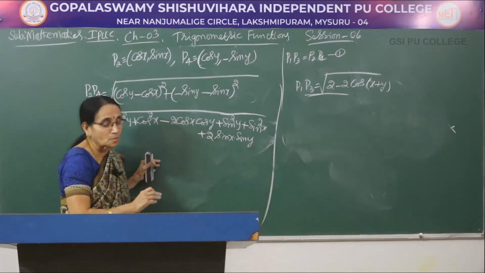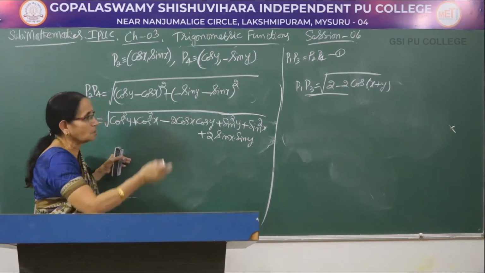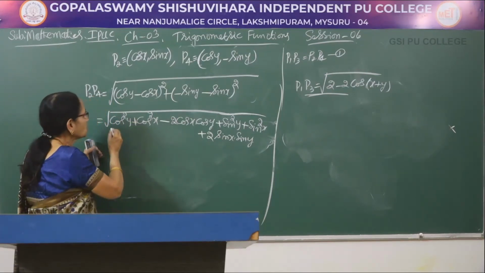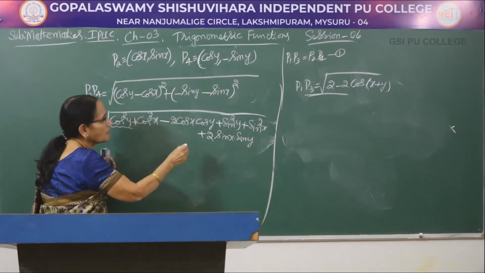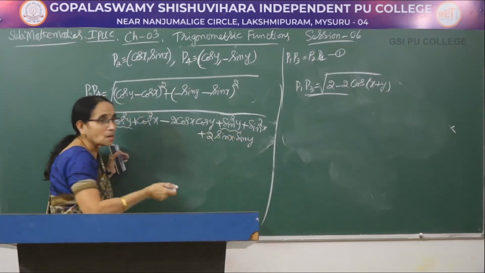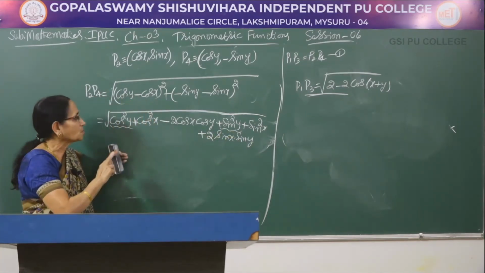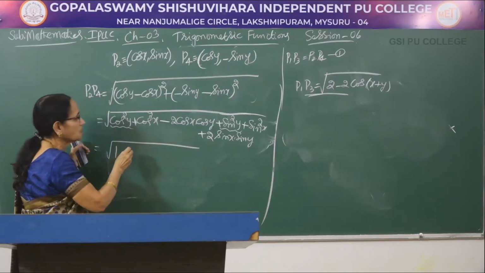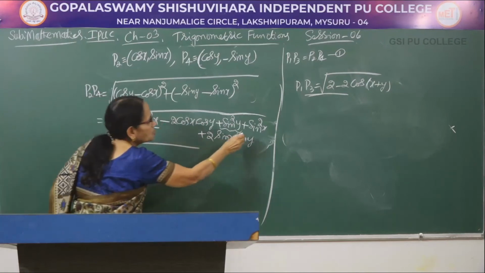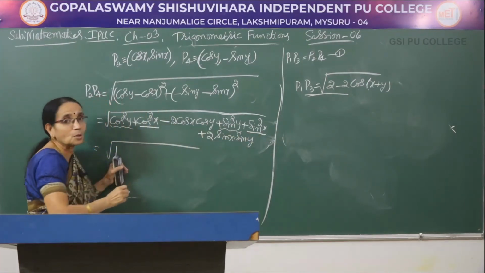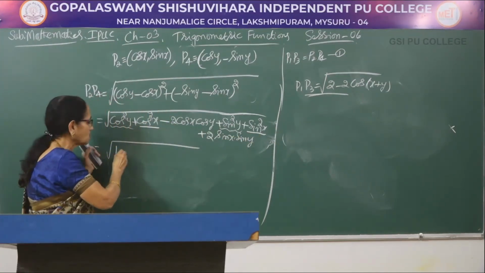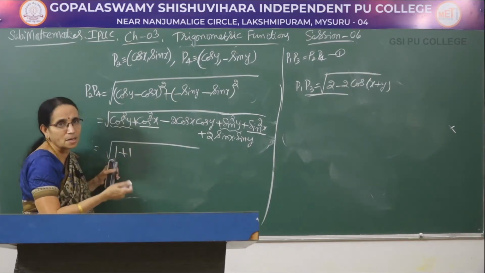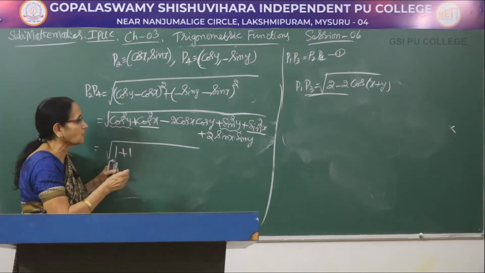Now look at this, we have got 6 terms here. In the previous one, it was cancelled. Look here, cos square y plus sin square y. Again we are using the identity, cos square theta plus sin square theta is equal to 1, isn't it? Then cos square x plus sin square x, I am using the different notation. Again it is the identity I am using, only the angles are different.